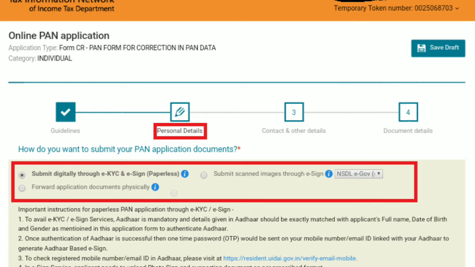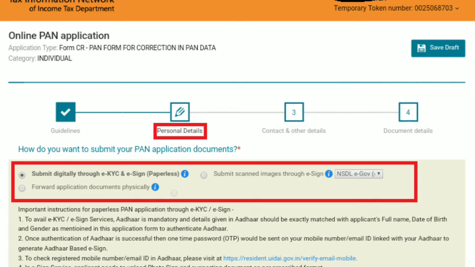You can only use the details given in your Aadhaar in the duplicate PAN card application. An OTP will be sent to the Aadhaar registered number for authentication of details provided. No need to upload photo, signature and any other documents. While submitting the final form through this option, digital signature DSC will be required to e-sign the form.